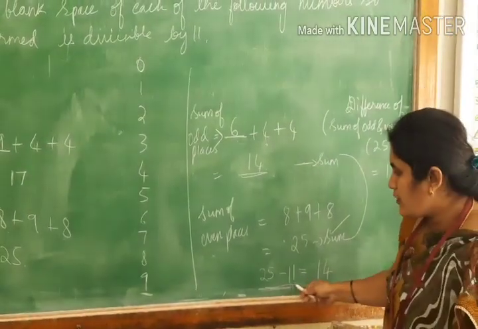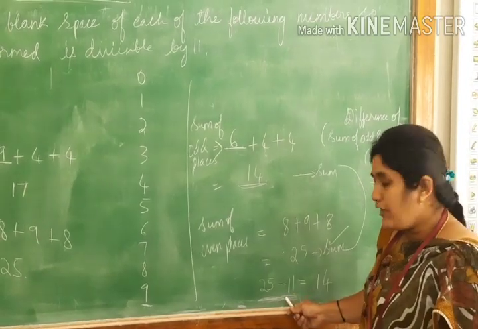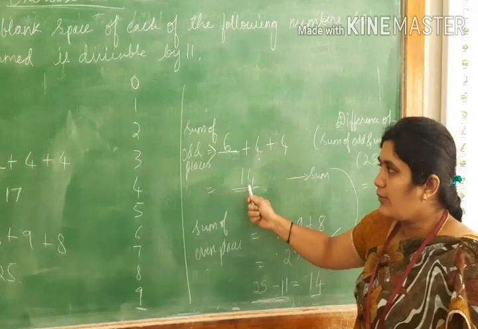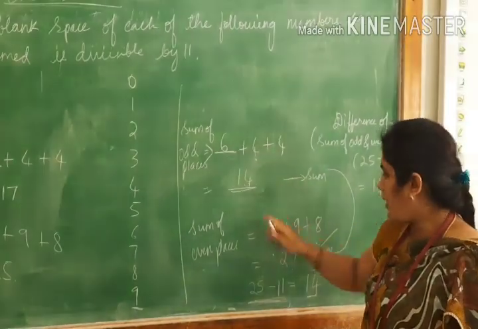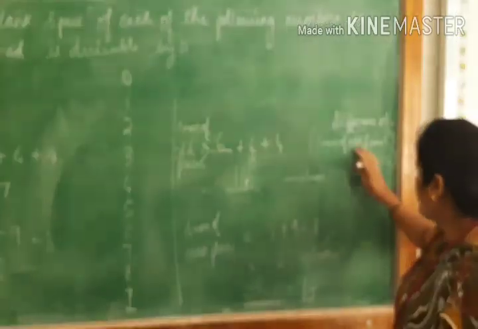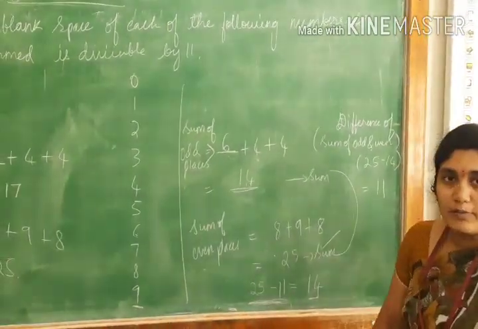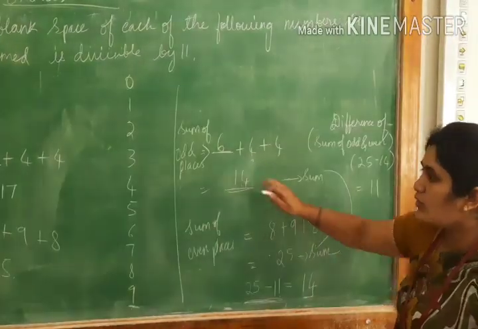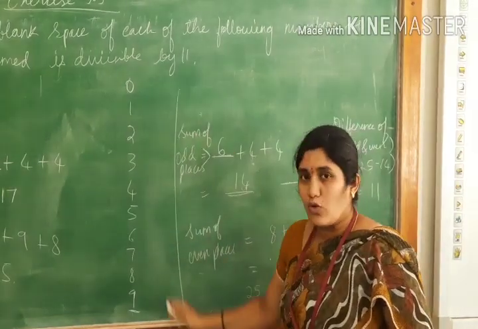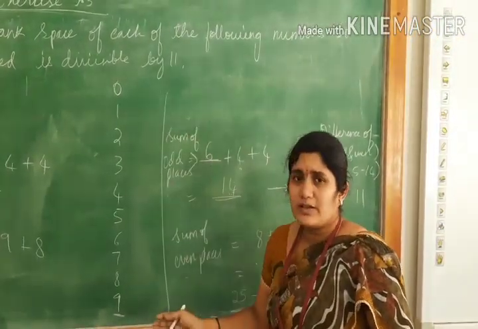Why am I subtracting 11 here beforehand? Because once you subtract 11, whatever result you get should be the sum of this number. That means when you see 14, if you fit 14 here, then 14 and 25, if you subtract, you will get 11. Same thing I have subtracted before. This is a shortcut method, or else you can opt for a single number and test each and every number. You should go on testing, unnecessarily not taking so many numbers at a time.